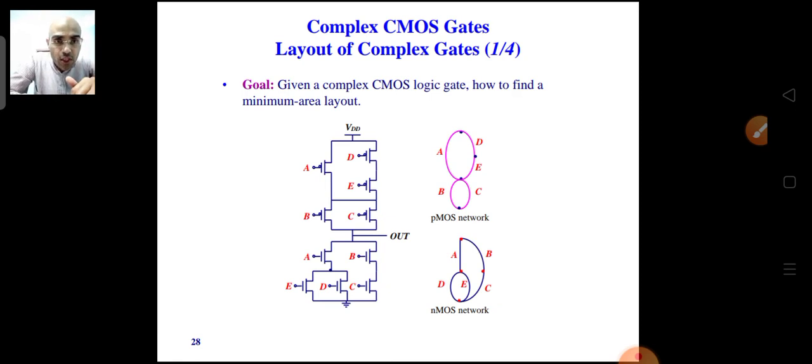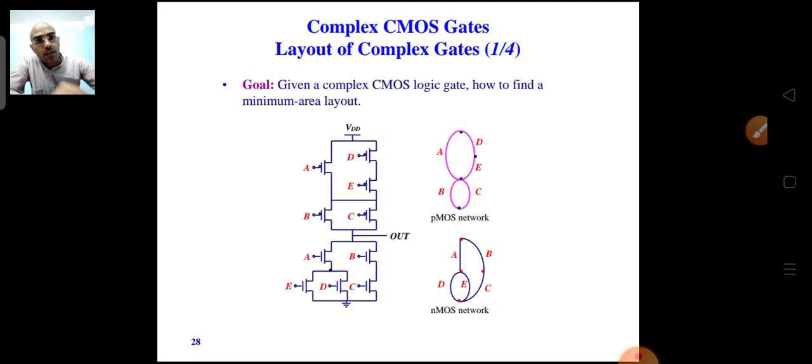Okay, so consider it. Now if you do it, then you can draw the pull down network very easily. You have to take A first, and then E parallel to D, so E or D, and then this parallel combination is connected in series with A. Then that whole thing is in parallel with what? B dot C. So B and C are in series, and that is in parallel with the previous thing which I have told. So A dot (E plus D) or B dot C, and the whole bar over the function.